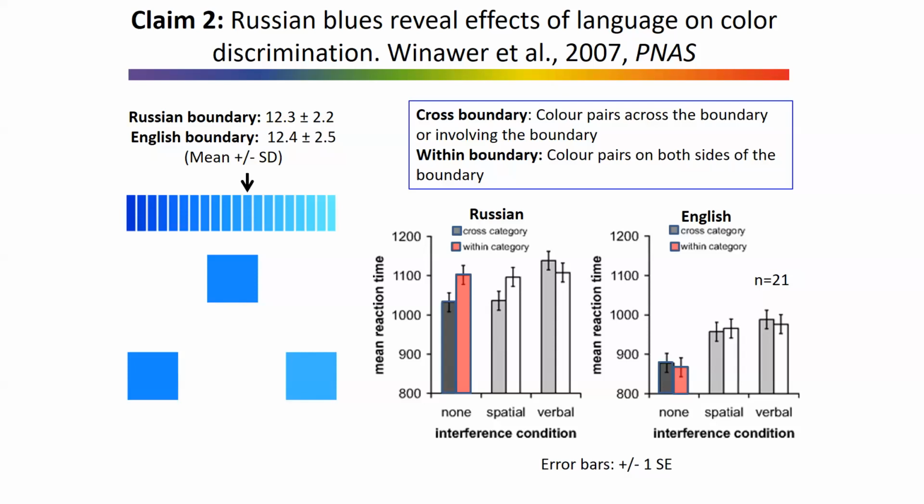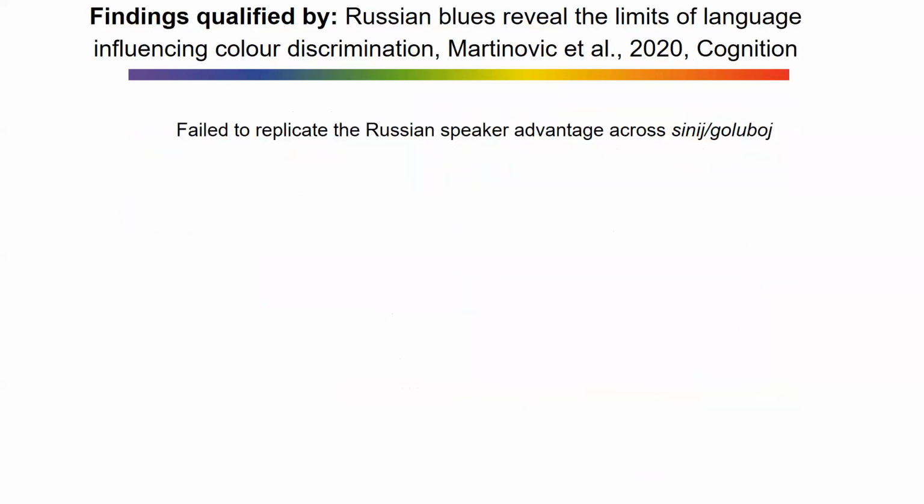And I must say, I started working on this topic because I had a Russian undergraduate student who wanted to replicate it for her undergraduate dissertation. And we assumed we would replicate it very easily. And when we failed to replicate it, this piqued our imagination, as it made us wonder, how can we not replicate such a strong effect?